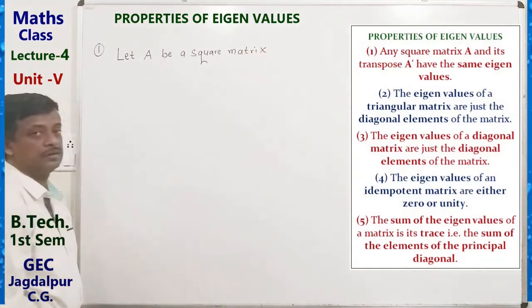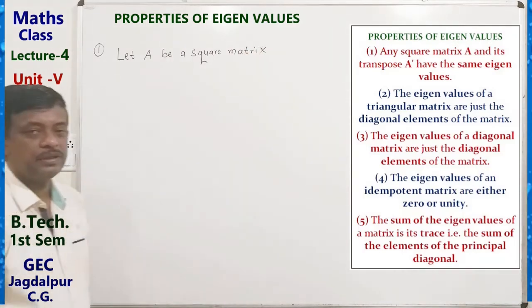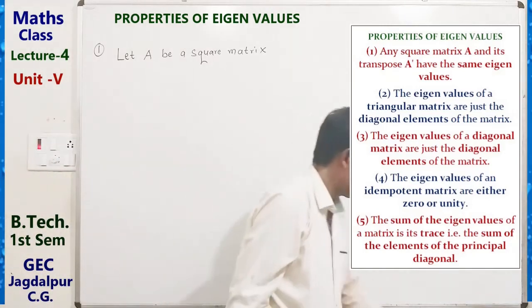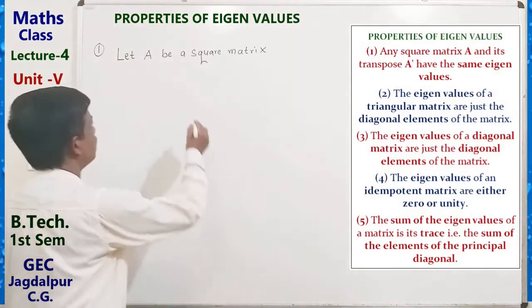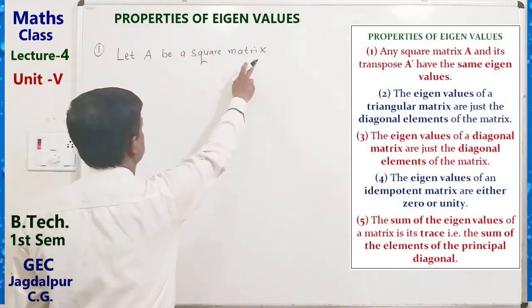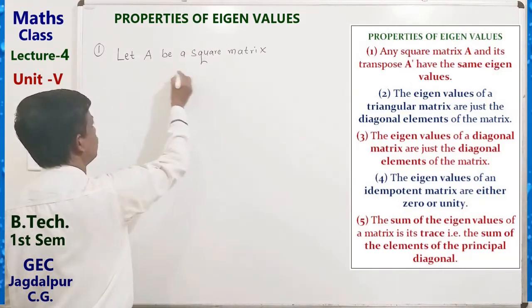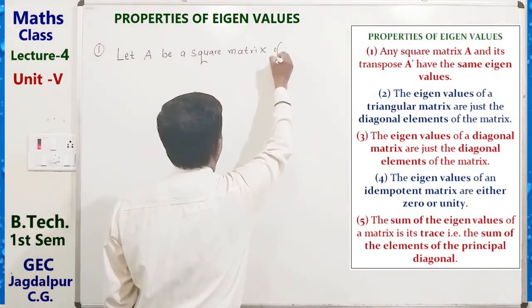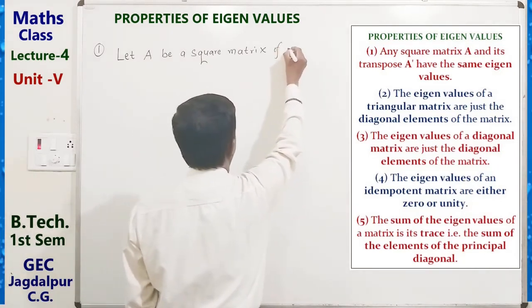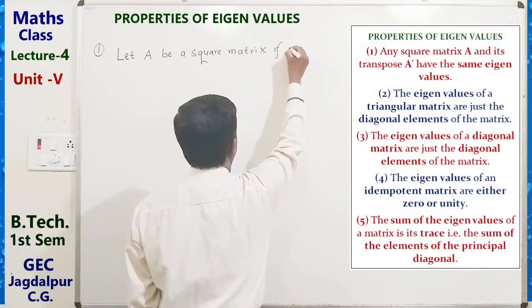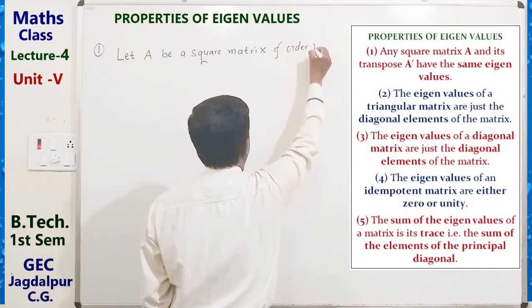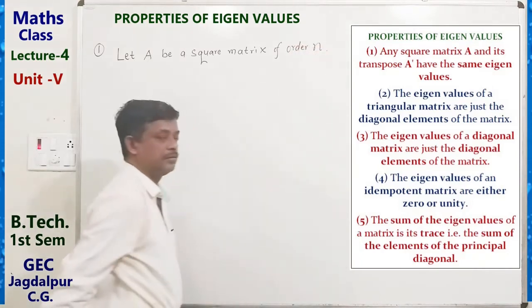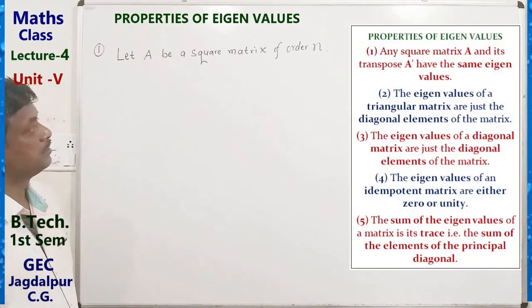Let A be a square matrix of order n, meaning an n by n square matrix. Okay, then